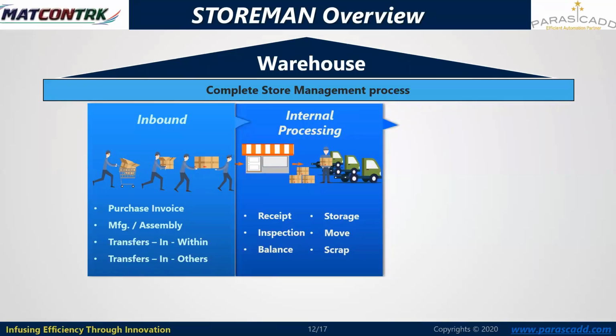Next, internal processing. Once we have received these material quantities on the items, what are the internal store processing steps we follow, measured within the storeman application? Receipt is the DMR procedure. So receipt is the receiving of the material on a schedule basis, like daily, weekly, or monthly. Apart from this, evaluating the OSRD register as well, like measuring the over received quantity, rejection quantity, and damaged quantities. So these are the receipts.